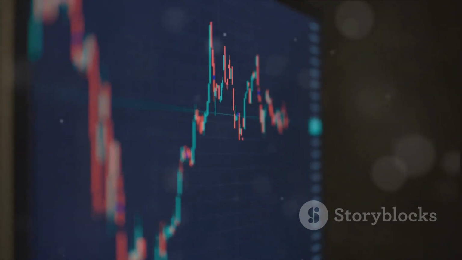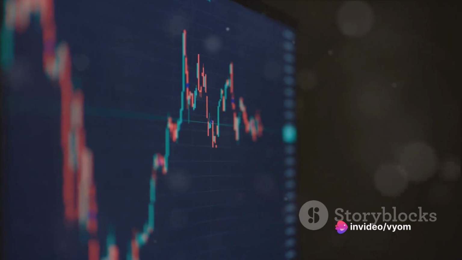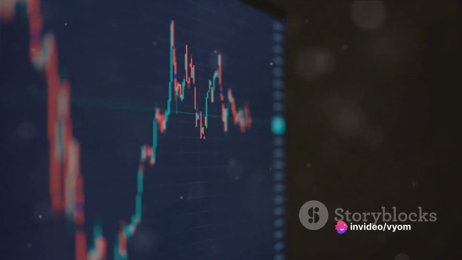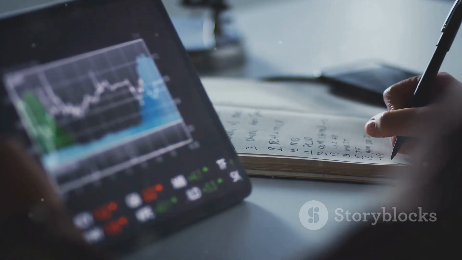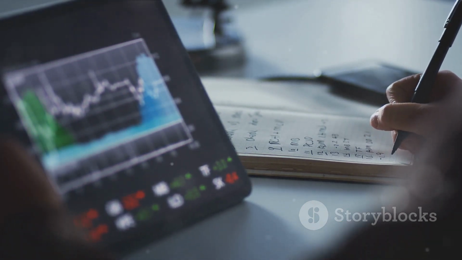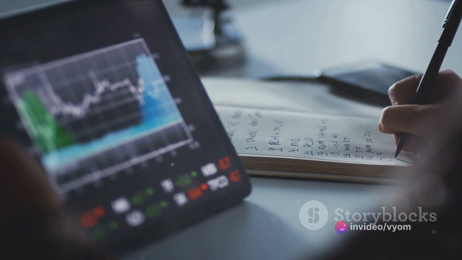Finally, let's discuss the best setting and time frame for applying the CCI on your chart. The default setting for the CCI is a 14-day period, which works well for most traders. However, you can adjust this setting based on your trading style. Short-term traders might prefer a shorter period, while long-term traders might prefer a longer one.